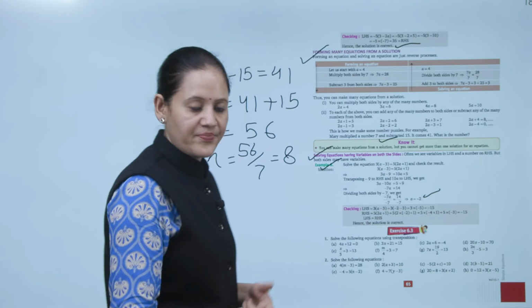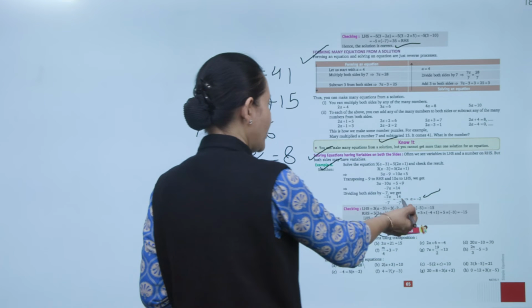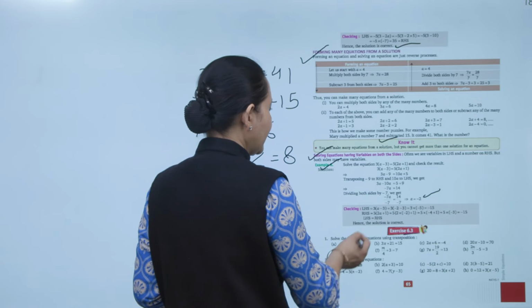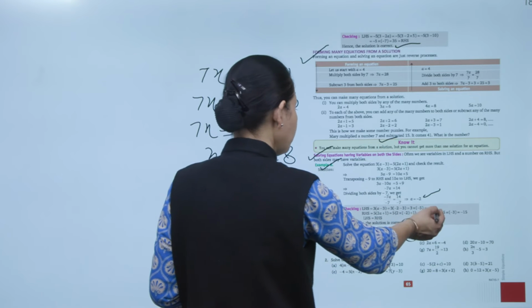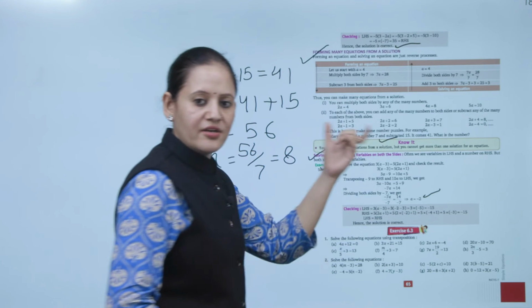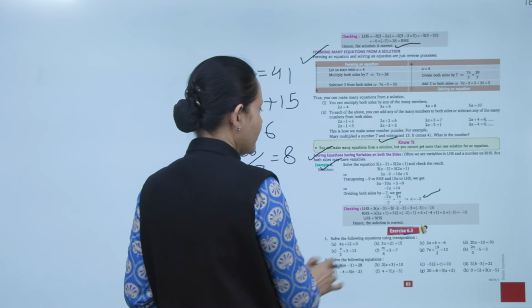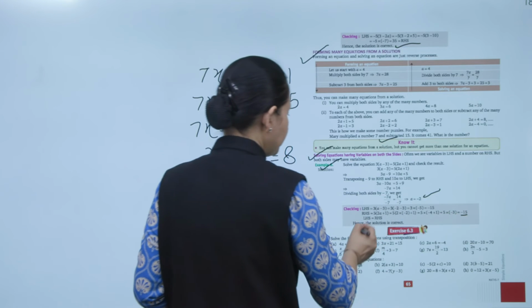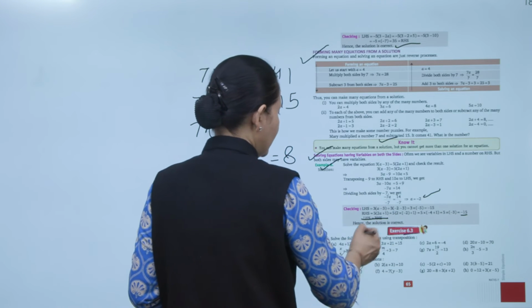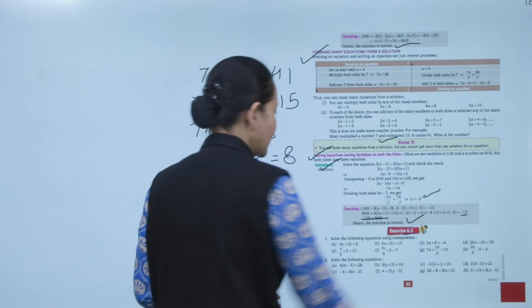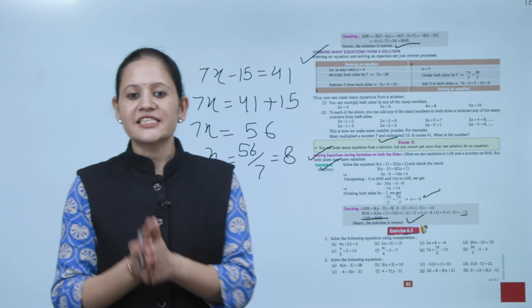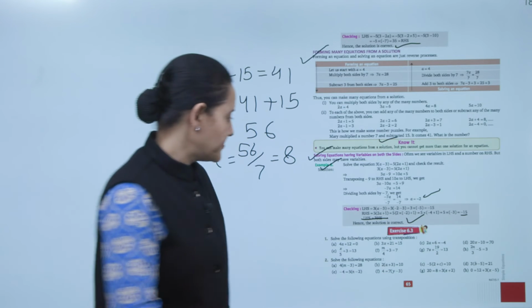Now we can check. In the left hand side, we put the value a equals minus 2. So we'll get minus 15. Now we'll put a equals minus 2 in the right hand side. So we'll get again minus 15. That means left hand side equals our right hand side. That means our solution is correct. Clear? Next is exercise 6.3.